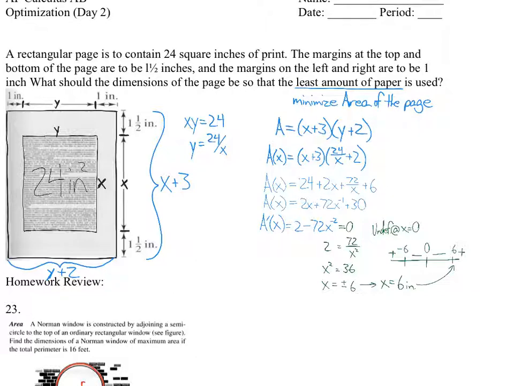If x is 6, what does y have to be? 4. Okay, so 4 plus 2 is 6. So it's 6 inches across the bottom. And it's 6 plus 3, 9 inches tall. So that's the page we want to design to minimize the white space around the outside while still having the margins that we want. What function